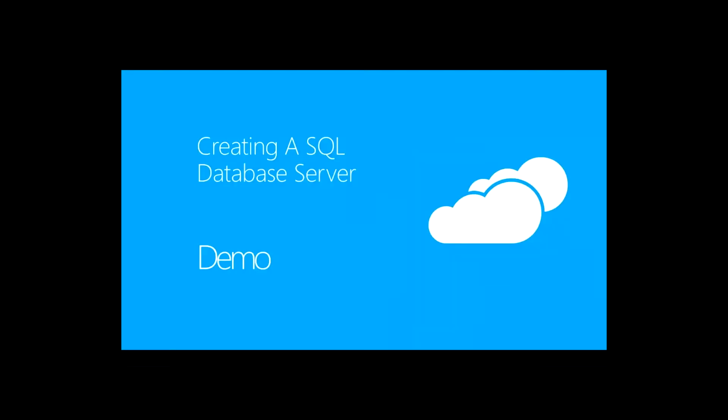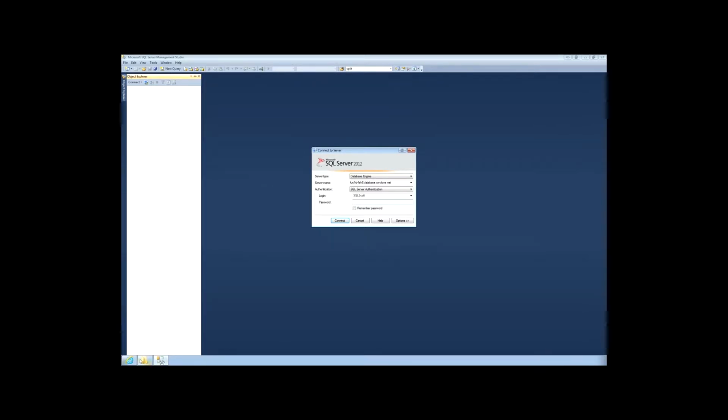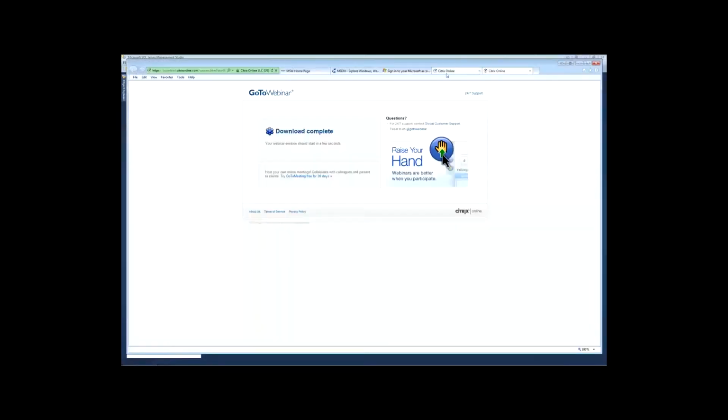All right, so let's jump out, and I'm going to fire up SQL Server Management Studio and the portal. So let me share SQL Server Management Studio. You should see SQL Server Management Studio, correct? Yes, I believe so. Yep, perfect. All right, so what I'm going to do is go into the portal here,